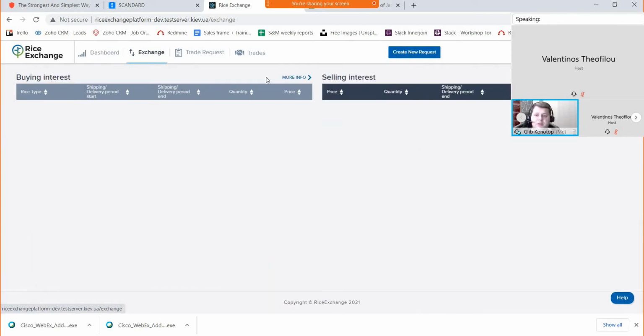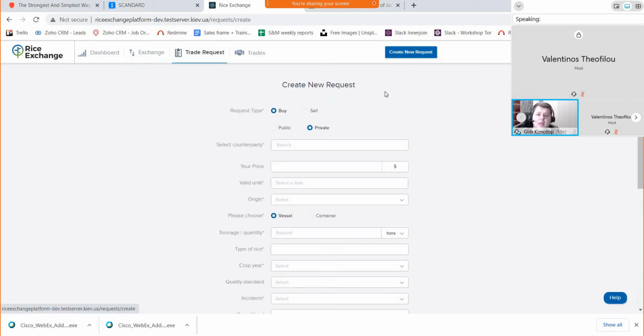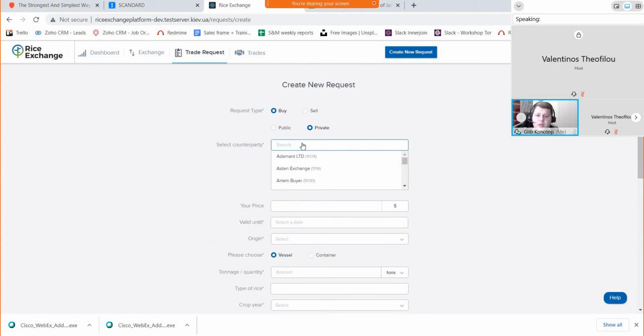So the first functionality is of course exchange. This is the field where both importers and exporters can create trading requests. So importers, for example, to buy, or exporters to sell rice, and each party can see other orders in the list and apply for this order or not. So that's, I would say, quick